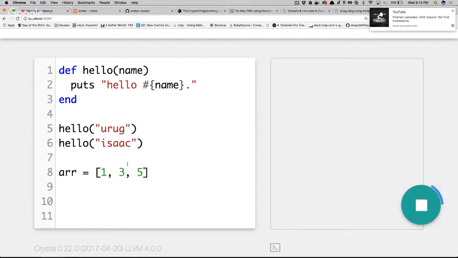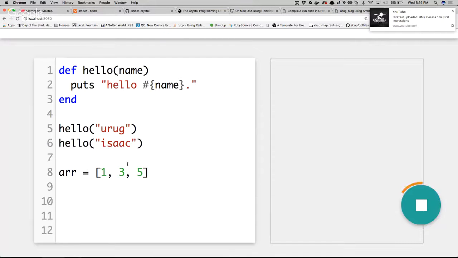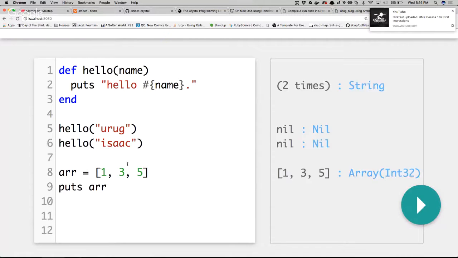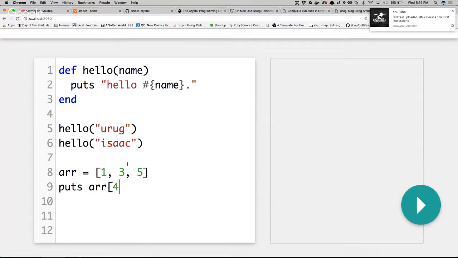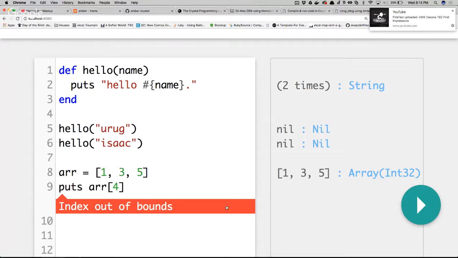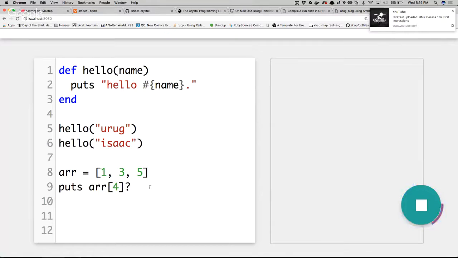Now let's say I try outputting ar index 3. That's not going to exist, so it's actually going to cause an index out of bounds exception, versus just returning nil. If you do want it to return nil, you can put a question mark and it'll return nil.